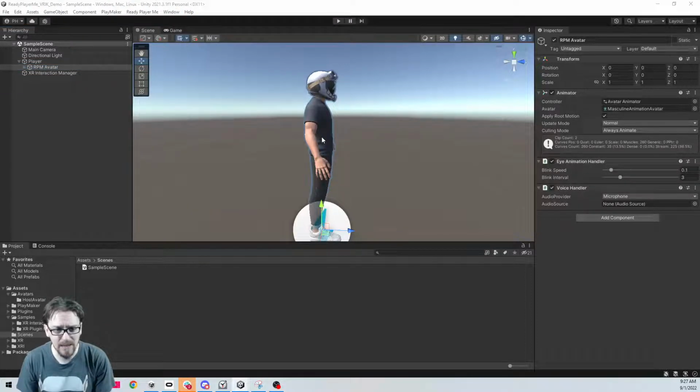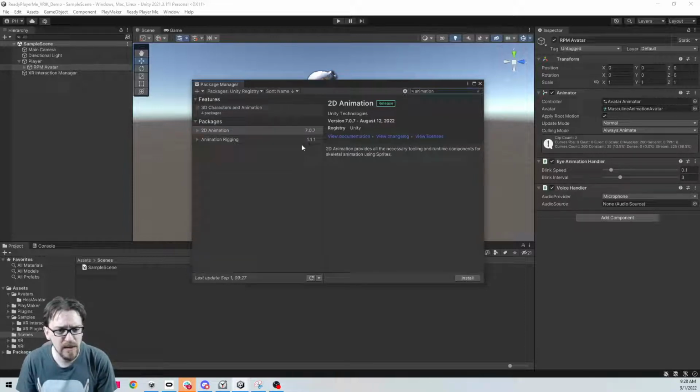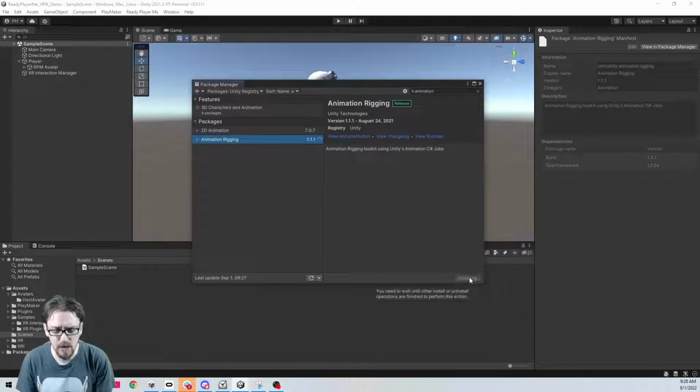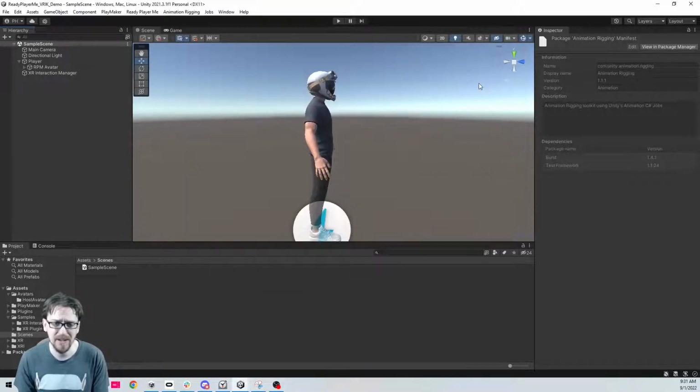So we're gonna go into Package Manager, and we're gonna go to Unity Registry. We're gonna search Animation. And we have animation rigging. We want to install that. All right, that took a weirdly long time. I don't know why it took so long. I'm glad I paused the video. There's samples. I've never taken a look at the samples before, but maybe check them out. Maybe it'll take stuff. But yeah, I've never used the samples. I should check them out at some point, but I'm not going to do that now.